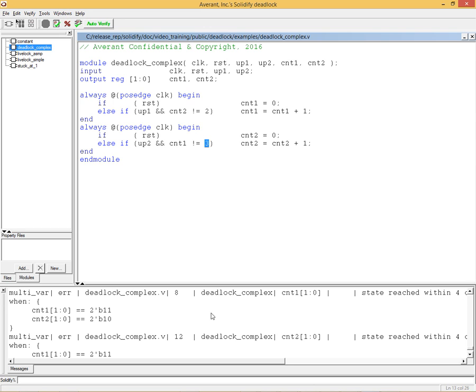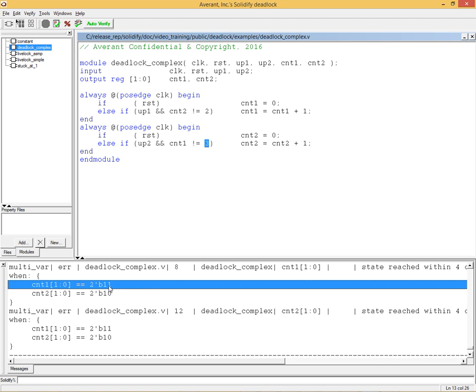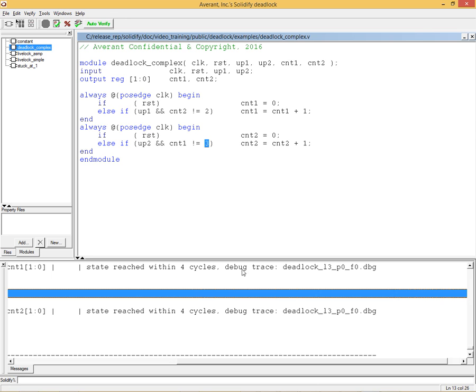So it runs, and this is the report that we're getting, and it is telling us that the value that deadlocks is count 1 being 3 and count 2 being 2. And it also tells us that it generated a debug trace for us. So if we open the debug trace,